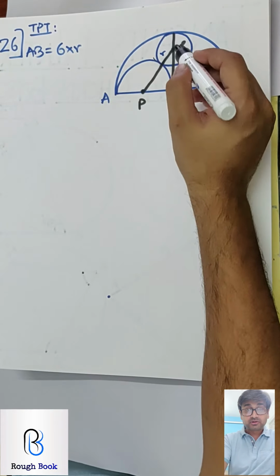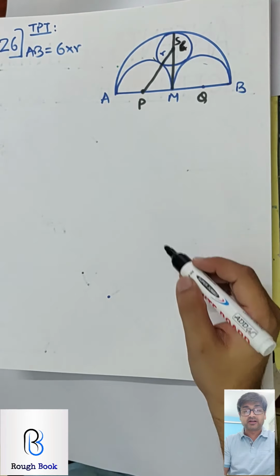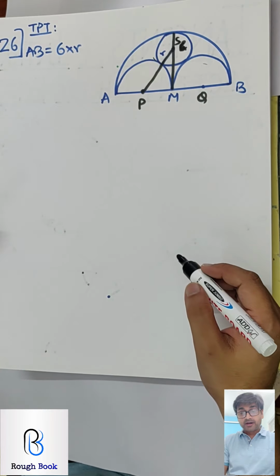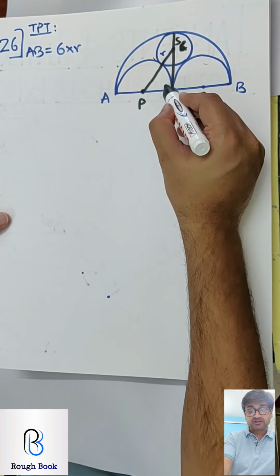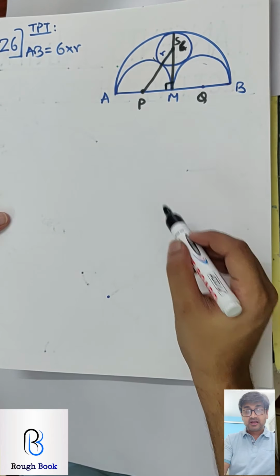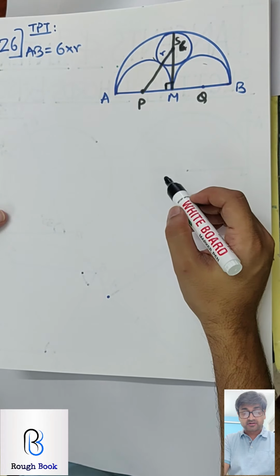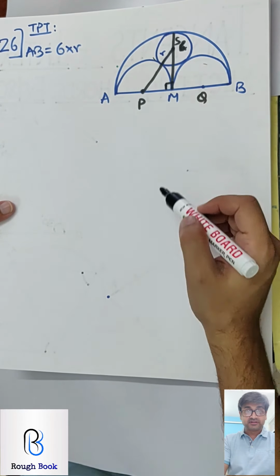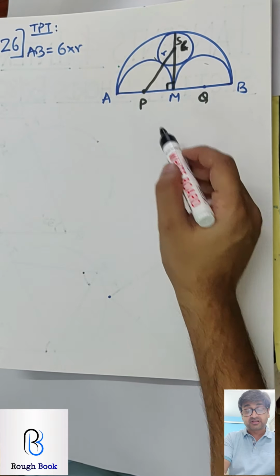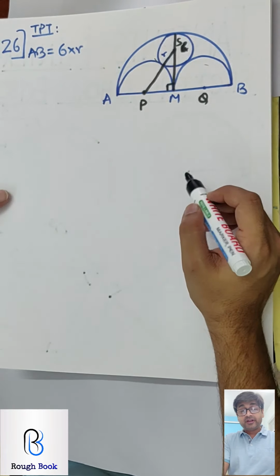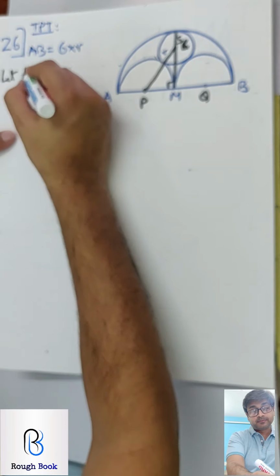Alright. So how are you going to go about it? Let's call this S instead of r so that we don't get confused with r at all. Okay. Now for this semicircle, this is a tangent. Therefore this angle is going to be 90 degrees. So triangle PMS is a right angle triangle, and I can apply Pythagoras in this. But to apply Pythagoras, I should start with some variable denoted. So we will say let PM